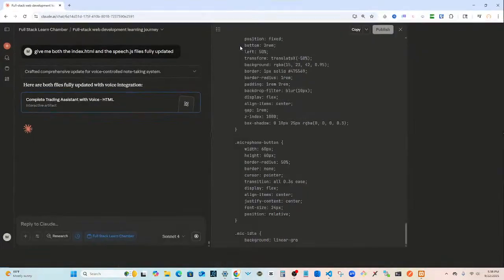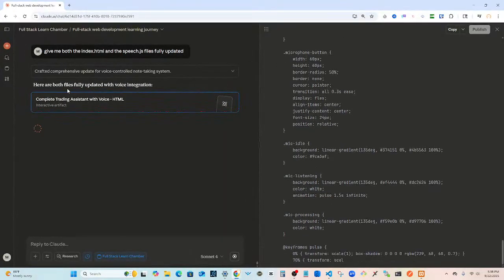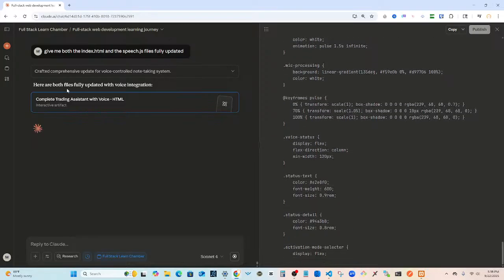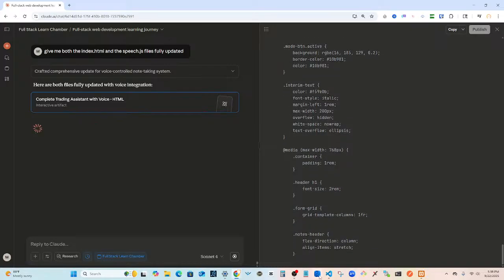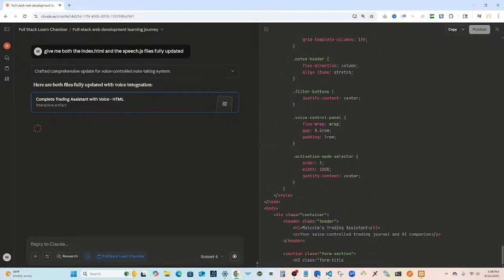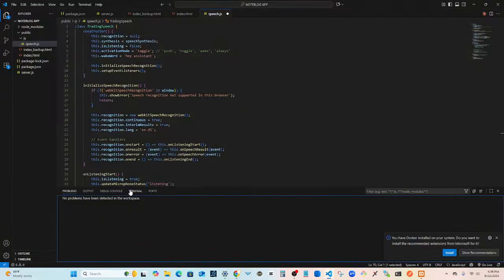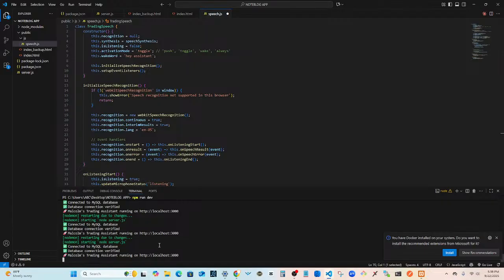All right, so this is building out now the front end. And really, I'm going to show you also while that's going. Crazy thing is as well,